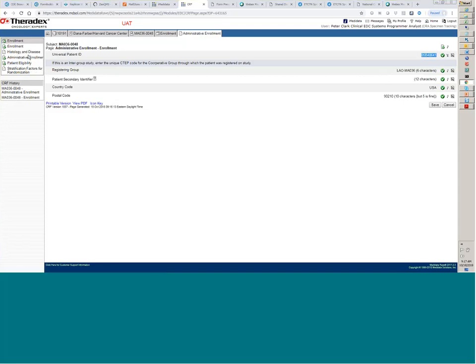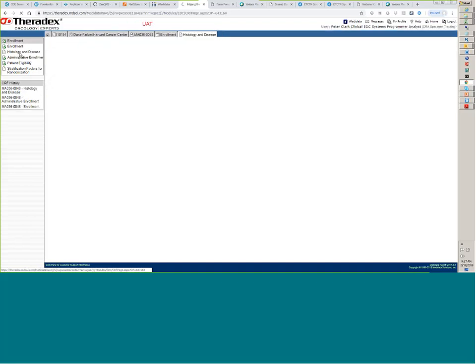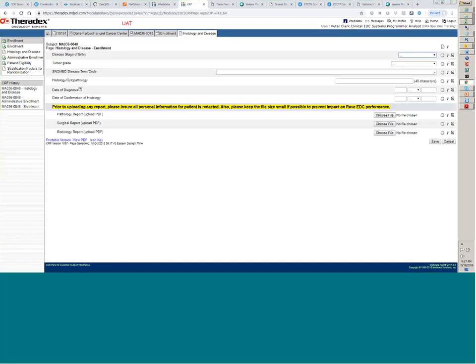The first step that is required is for the histology and disease form to be completed. So in this form, which does not get completed during the open registration process, we're going to enter the stage of the disease, the tumor grade, and I'm just going to select some of the first options on the drop-down. It doesn't maybe fit exactly with your expectations of who would be in the study. And I'm going to put in,